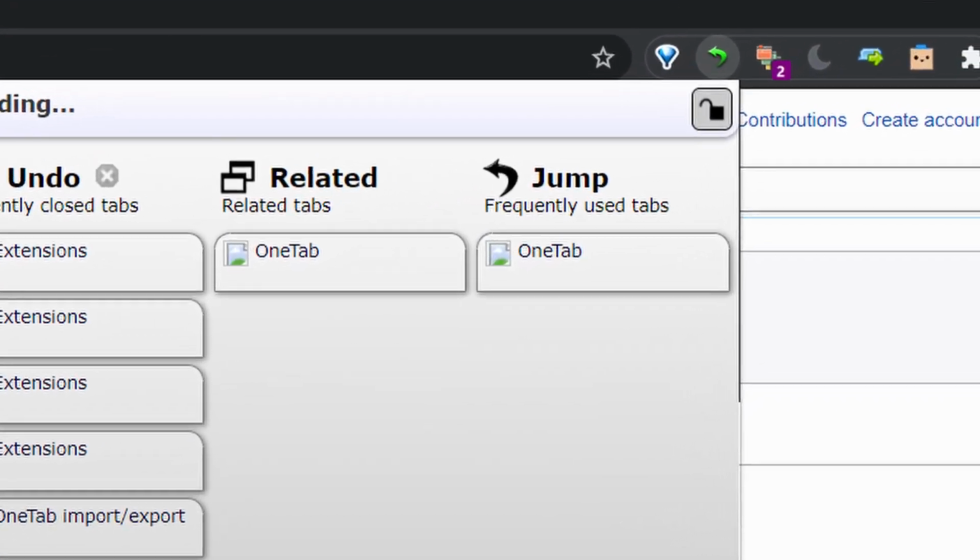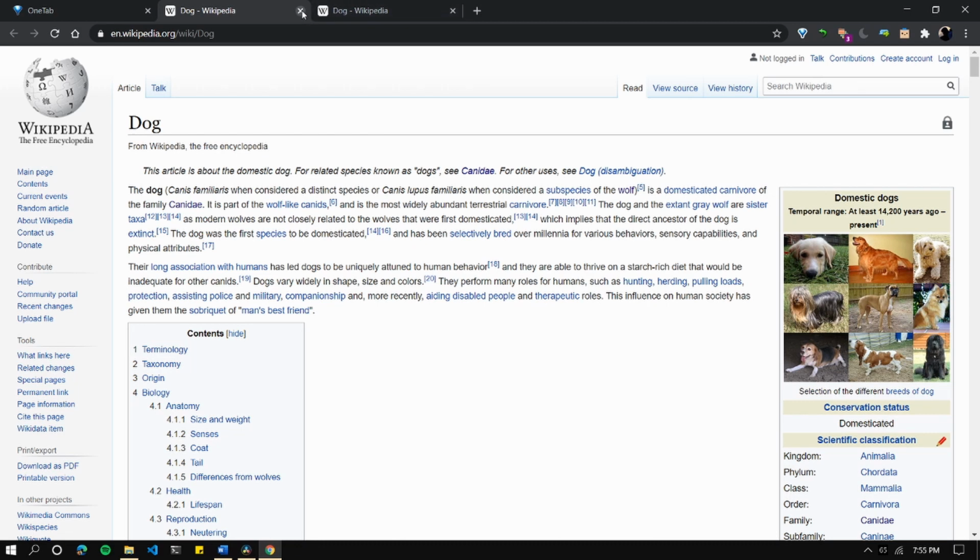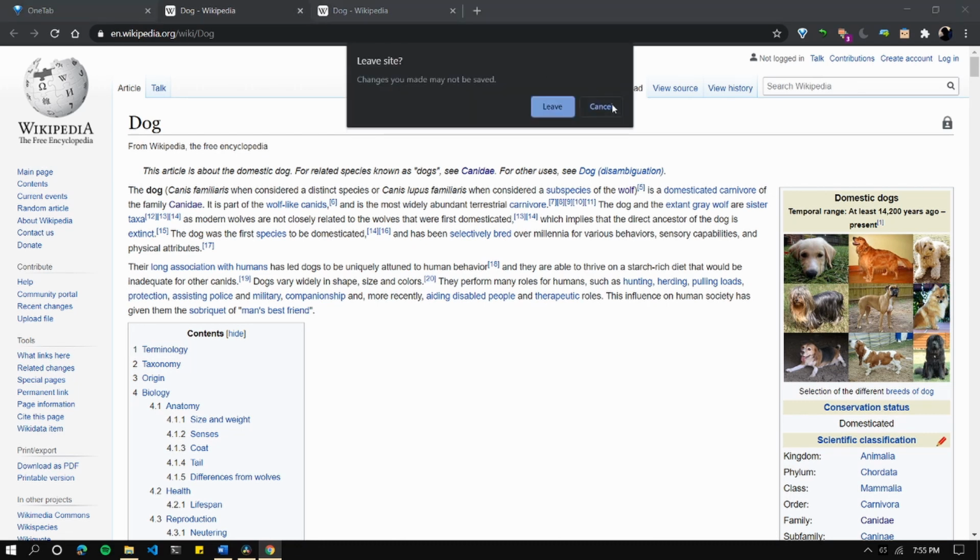Both provide some recommended tabs based on our current usage, so it works well. And it also offers one more. Have you noticed this lock button over here? That's a great feature that this extension offers. If you want to prevent your tab from reloading or closing accidentally, just click on this lock button from the tab which you want. It will be locked. And if you try to reload or close the locked tab, it gives an alert for the operation. I tested it, it works with most of the websites, but some pages do not work with it. So double check before using it.